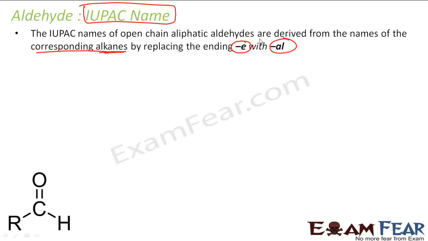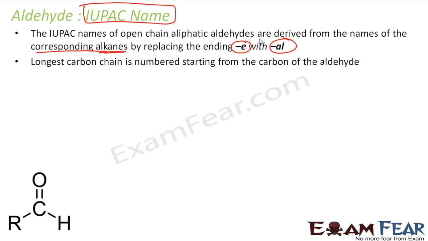Please note here, the common name is a little weird, right? Because the common name depends on the trends. For aldehydes, the common names are derived from carboxylic acid, because when the IUPAC name was not there and the common name was in fashion, that time carboxylic acids were the base. But the IUPAC name came later. At that time, alkanes, alkenes, alkynes, carboxylic acid, everything was there. And in both cases, the IUPAC names are derived from the alkanes by replacing E with Al.